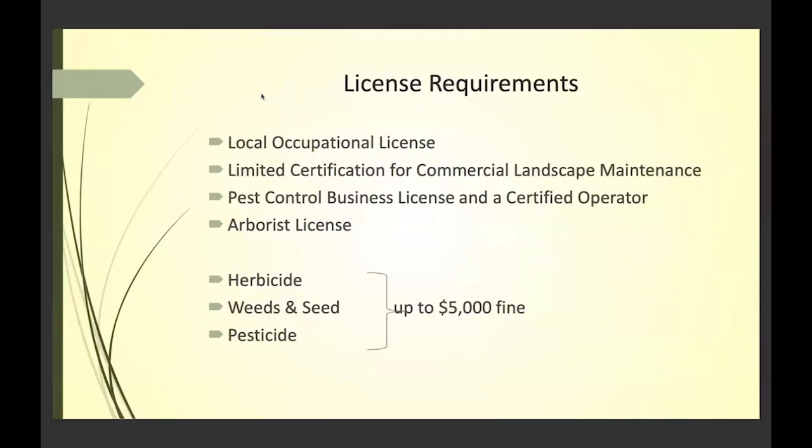Okay, so what is required to be able to be a landscaper here in South Florida? In order to do that, you've got to have a local occupational license. You need to have your limited certification for commercial landscape maintenance. If you are going to apply pesticides, you have to have a pest control business license and be a certified operator. If you are going to be cutting trees according to ANSI or any other standards, you need to have